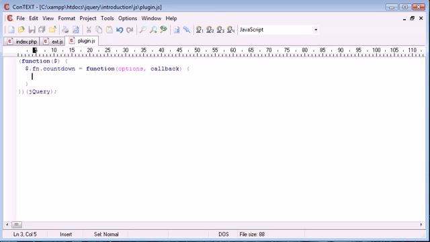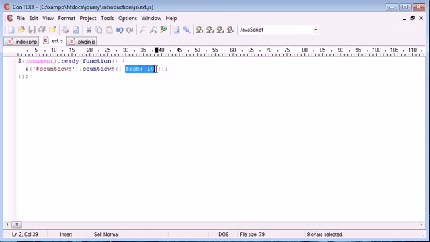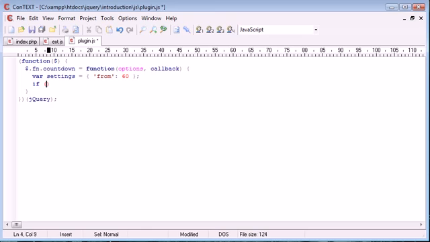Now I need to work out how to handle it. So the first thing I need is a variable called settings, and this is an array of data, and that array of data takes the argument or parameter name and then a default value. So I'm going to set the default value to 60. What I then want to do is check if a user has provided these options. Now this settings here is not to be confused with the option set, but what we want to do is combine them if options have been provided, i.e. if the user has typed in here. So I'm going to say if options, and the block that we want to run if options are available is we want to extend settings